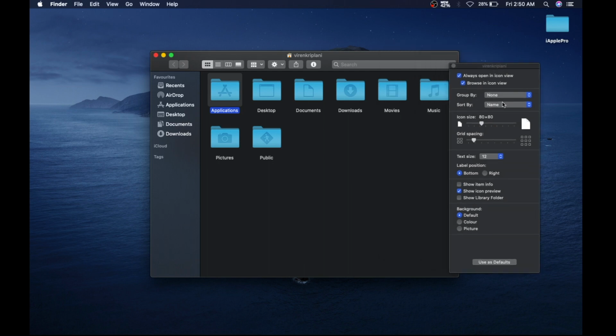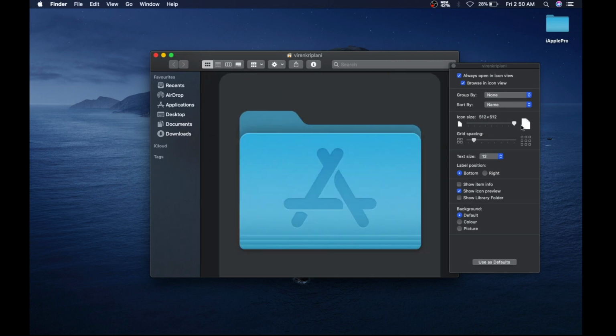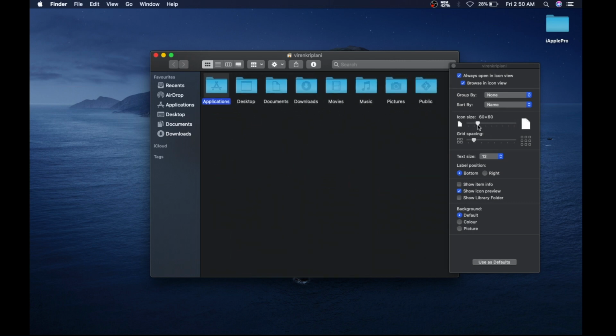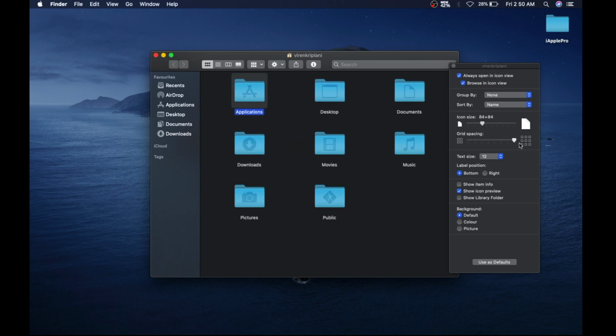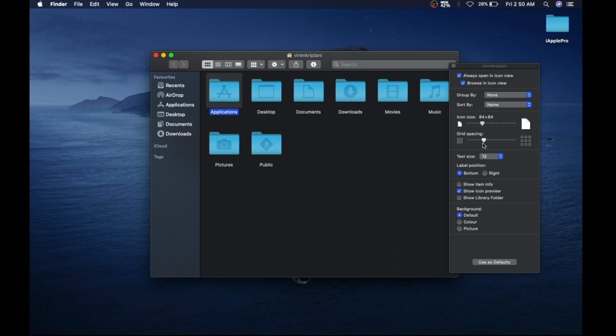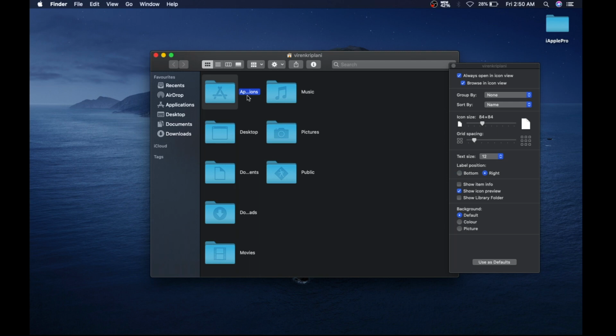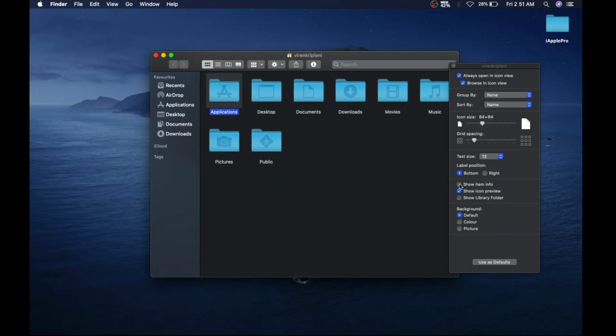Then you can select the icon size. You can increase the size of the folder by moving the slider, and you can also select the spacing between the icons. Next is you can select the text size, then label position you want on bottom or right, and other option is to show item info.